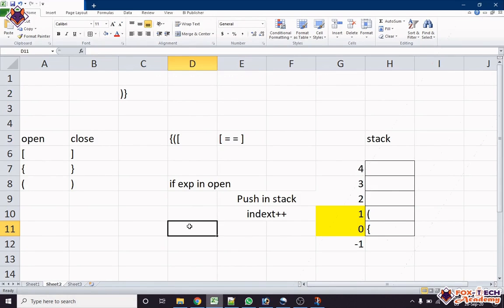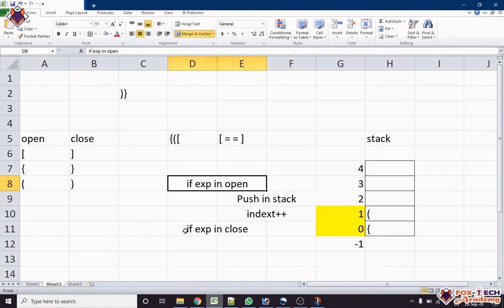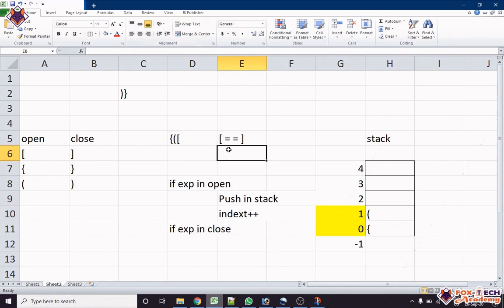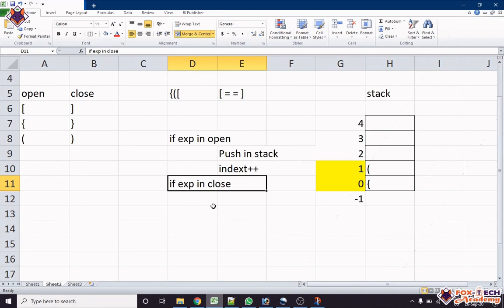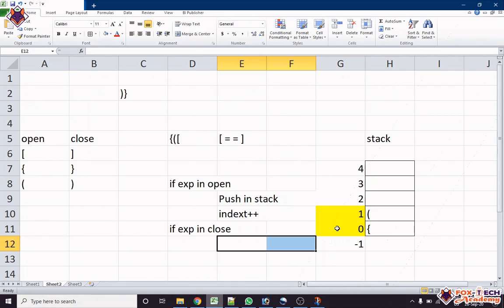So if the expression character is in close, then what we have done, first we have popped one character from the stack, right?